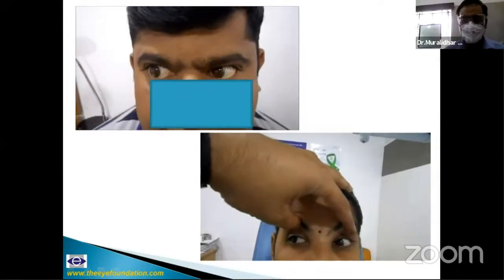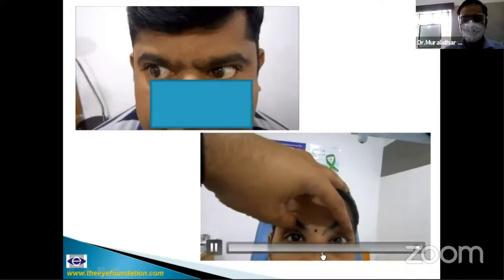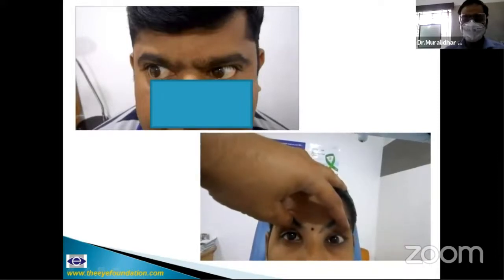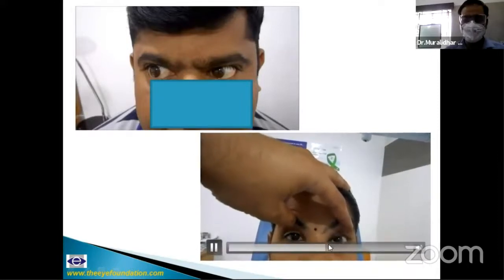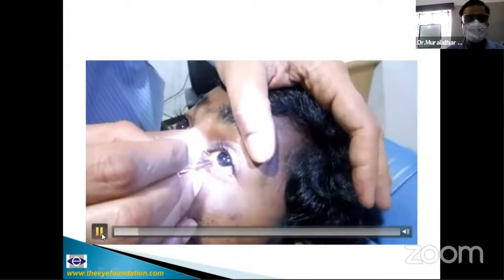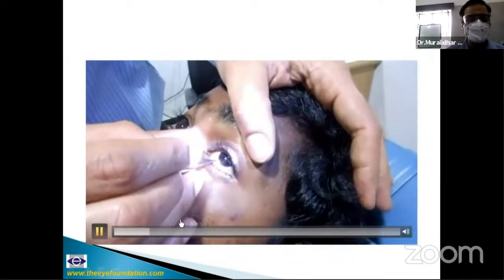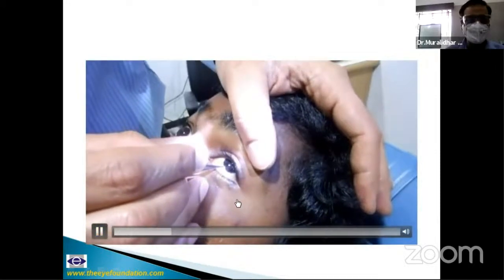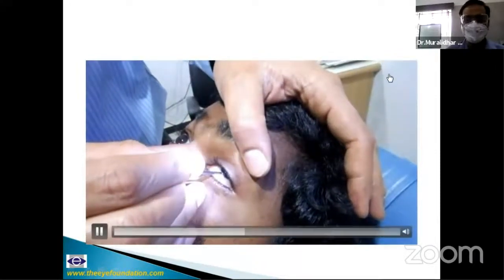On the other hand, differentiate this from this one, where the left eye has a tethered stop. So it's because of a tight medial rectus. You can see the condition here. The medial rectus is inflamed and there is a tethered stop. So this difference is very important to be taught to residents. Of course, they also need to be taught the force duction testing, how to do a topical anesthesia, because that is the key to identifying restrictive vis-a-vis paralytic strabismus.